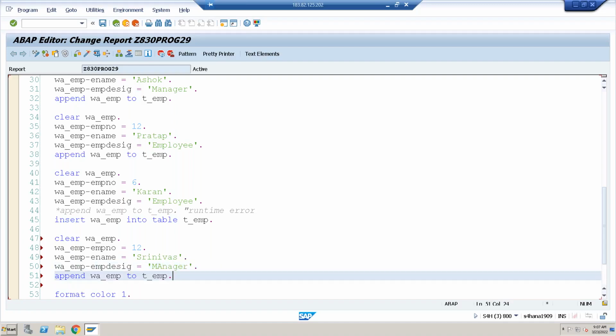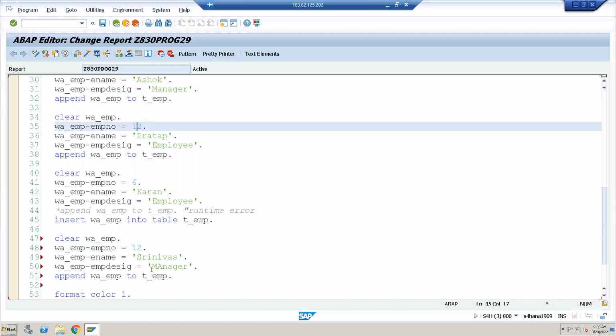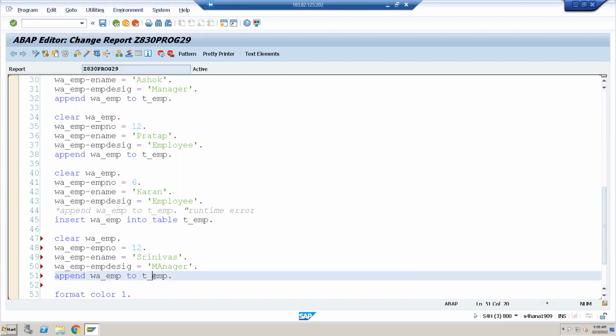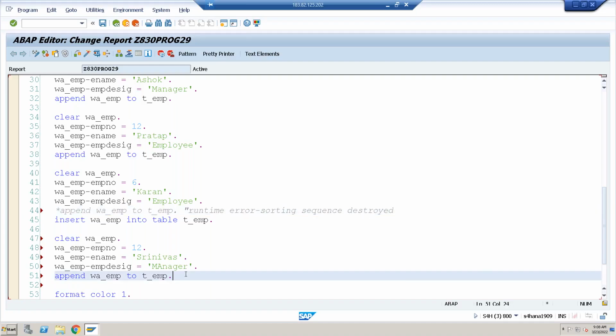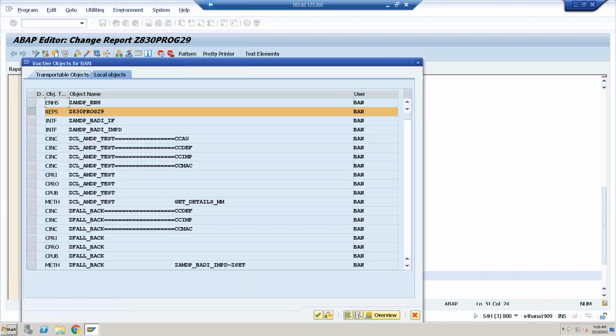Again I'm using the append statement. What is the behavior of the append statement? It always tries to add the record to the end of the internal table. So anyhow, this 12 should come at the end only, according to the sorting sequence, but this 12 is already defined. And what kind of internal table is this? Sorted internal table with a unique key. Unique means it cannot accept duplicate values. So here I got the runtime error because the sorting sequence is destroyed. Okay. So here again I'm using append. Let's see what happens. So when I execute,